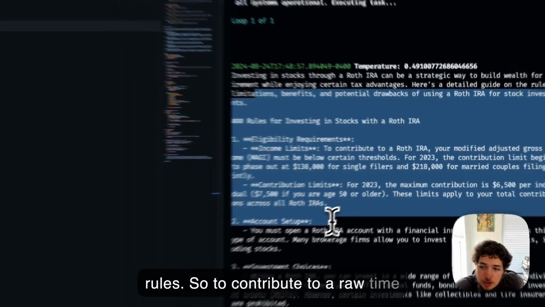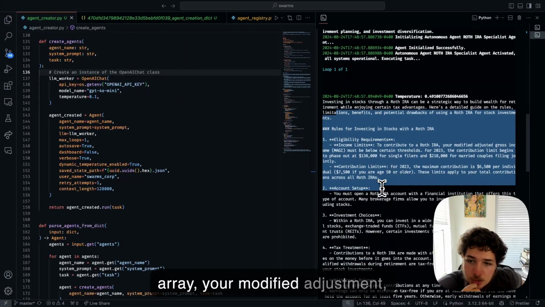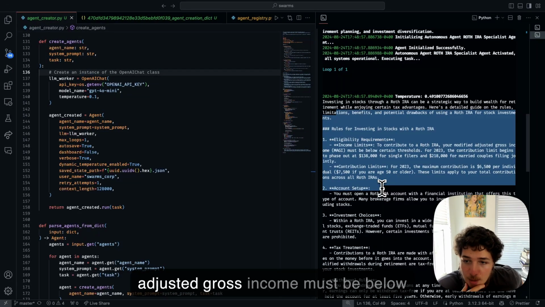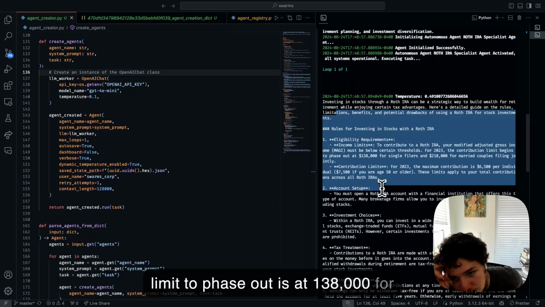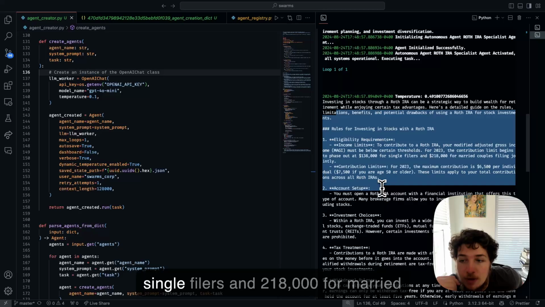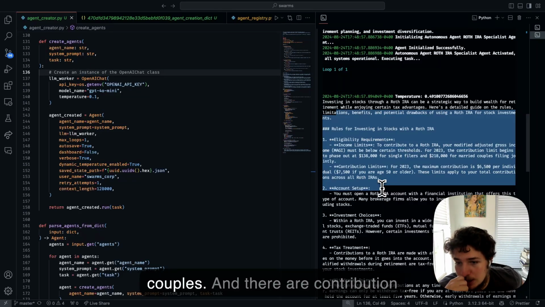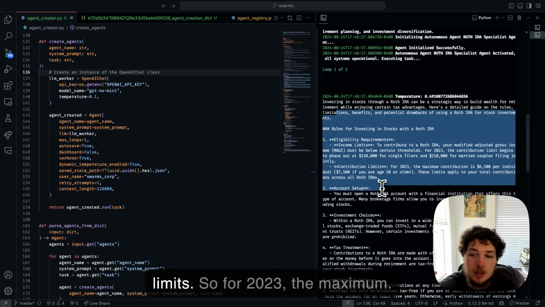So to contribute to a Roth IRA, your modified adjusted gross income must be below certain thresholds. The contribution limit phases out at 138,000 for single filers and 218,000 for married couples. And there are contribution limits. So for 2023, the maximum